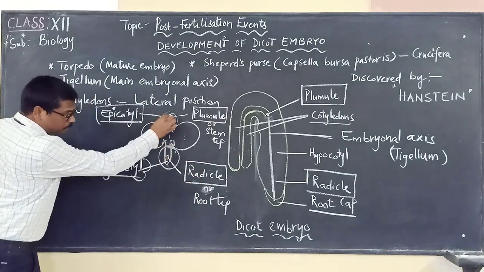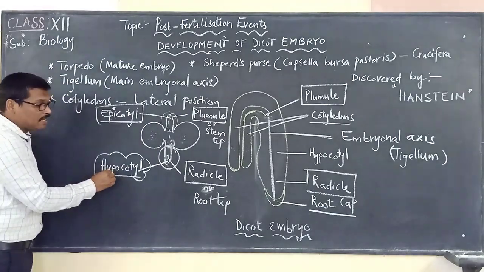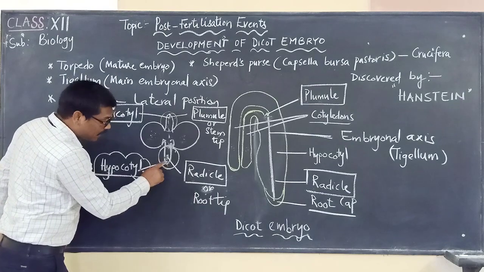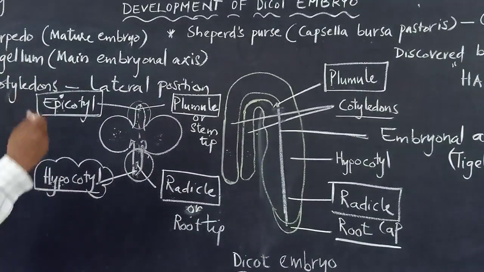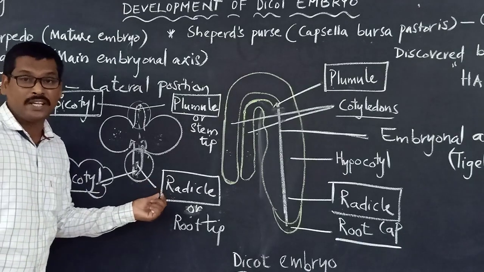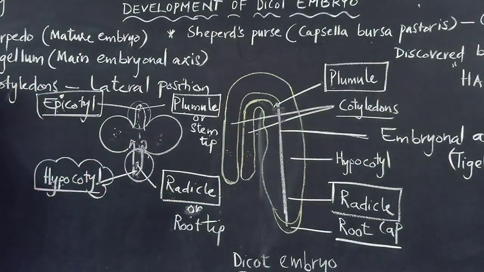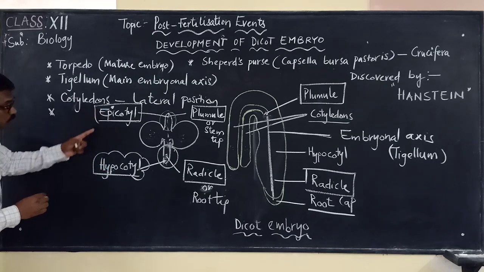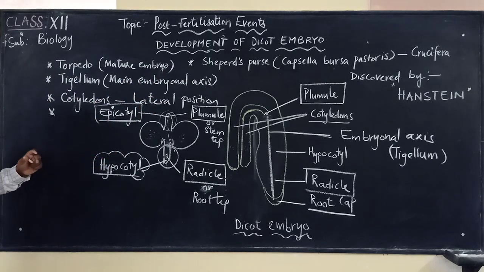So here, let's check it out. The portion of the embryonal axis below the cotyledons is called as hypocotyle, which is giving rise to the radicle or root tip, we say. As well as here, what will be the root cap? This root cap is being formed from the hypophysis of the suspensor cells which are adjacent to the growing embryo. We call this as the root cap. So here the next point that we came across is the epicotyle and hypocotyle. These are the two terms again we have to remember when we talk about the development of the dicot embryo.